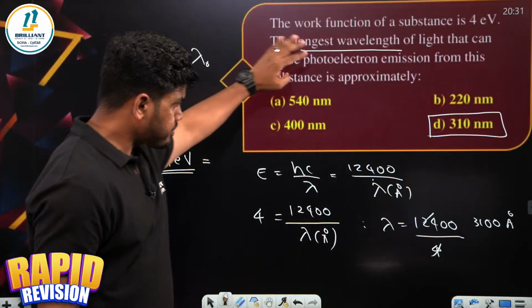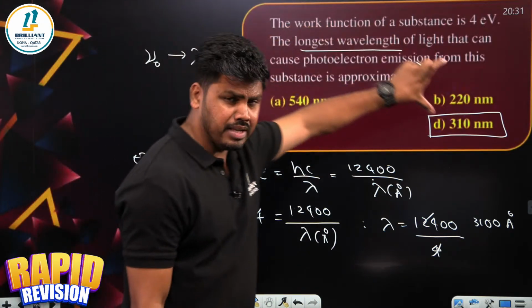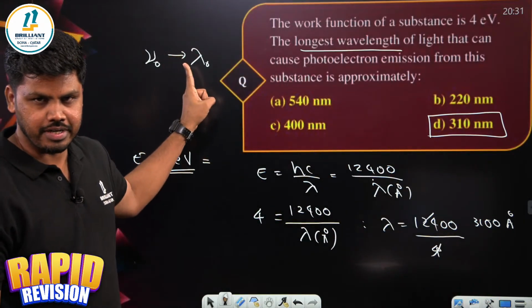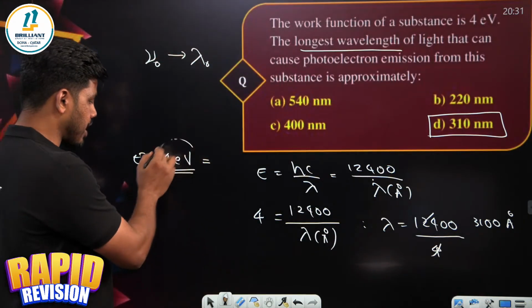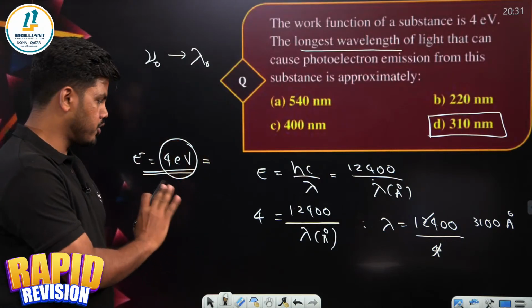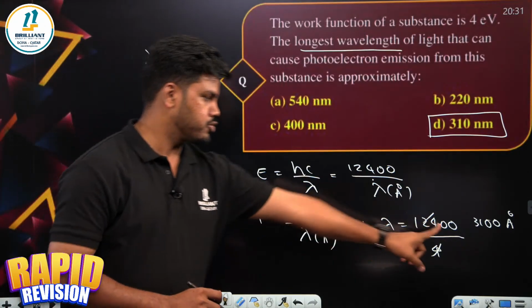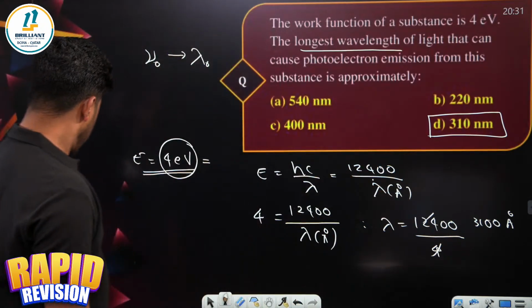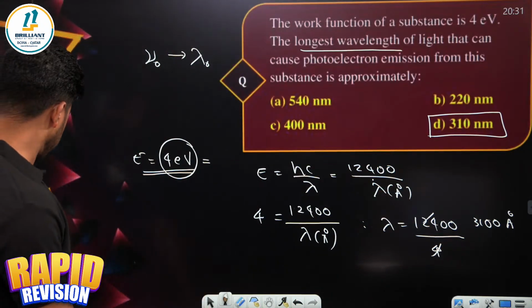Yes. So longest wavelength, smallest frequency. That was the hint, threshold frequency, right? So the incident radiation should have a minimum energy of at least 4 electron volt. Then the corresponding wavelength should be 310 nanometers. Okay, fine. So I think that was the last question from